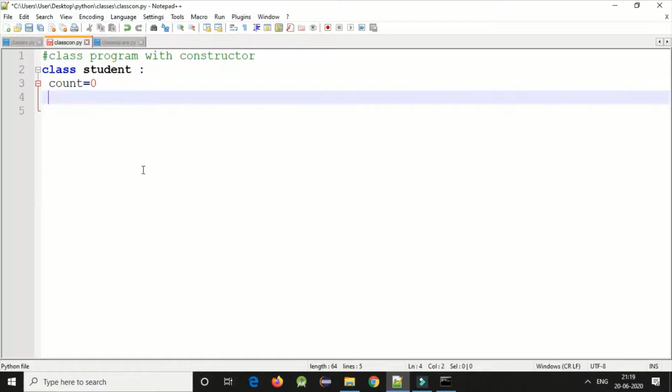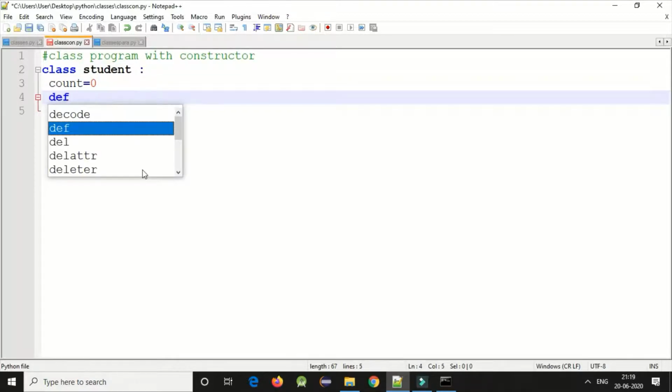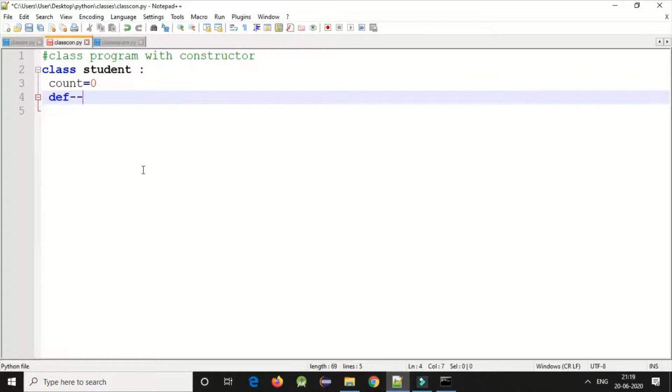Next, def __init__. Here it is def underscore underscore init. It is an inbuilt function for creating a constructor.